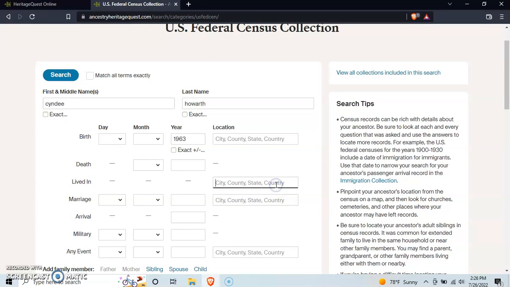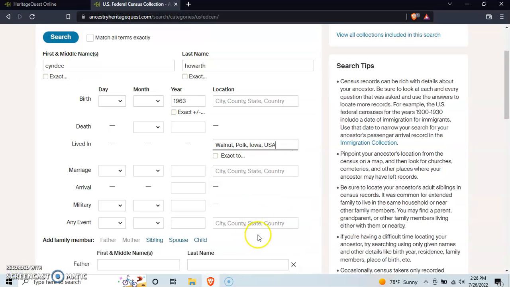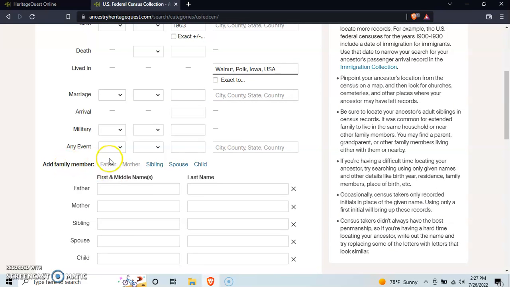She lived in, let's see, was she born March 23rd, maybe something like that. Anyway, she lived in the city of, among other places, we'll say Walnut, Iowa, Walnut, Polk County, Iowa, there, and she's married, I forget what the date was or when it was really, but she is married, had a family member